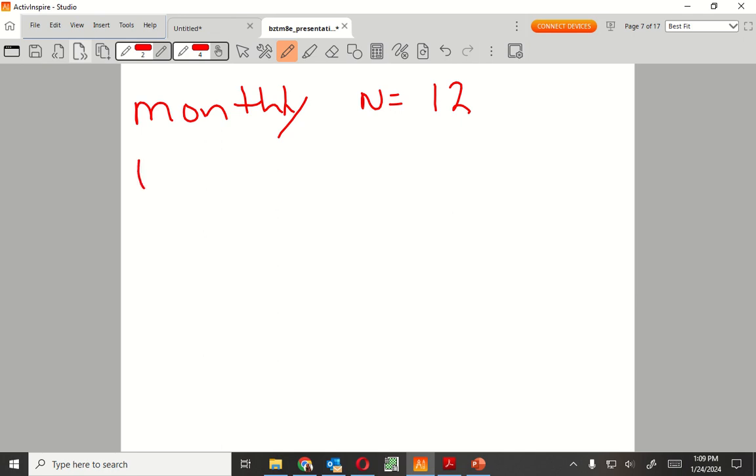Next one is going to be weekly. N equals how many weeks in a year? 52. There you go. Good job. It's not one of those things that most people know off the top of their head. You just got to try and remember it. No one really has a reason for that, unless you know that you get paid. There's 52 weeks in a year, and you get paid